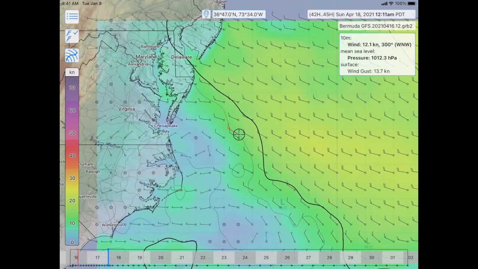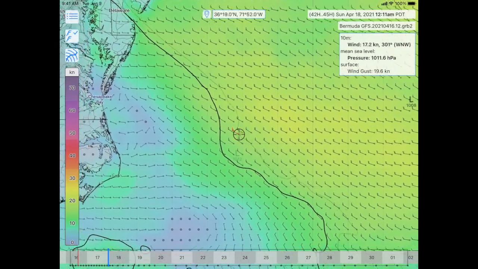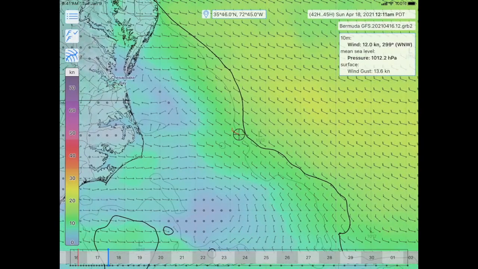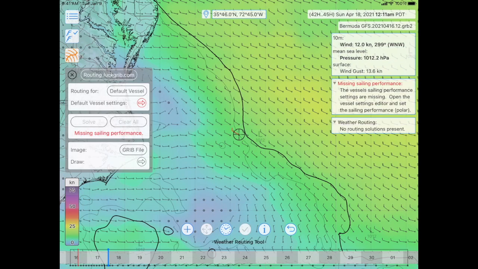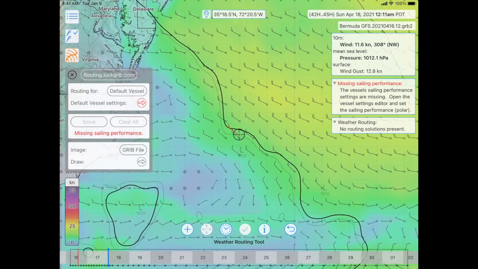Okay, so having said that, you will either have already purchased the weather routing system or you're in the free trial period. Either way, there'll be a button on the left-hand side of the screen, third down, which is the weather routing tool. And when you tap that, it turns orange to indicate that this tool is active. And now on the iPad, there's a row of buttons on the bottom,